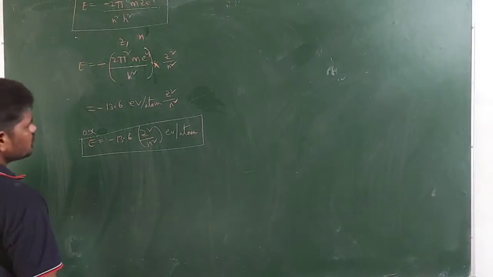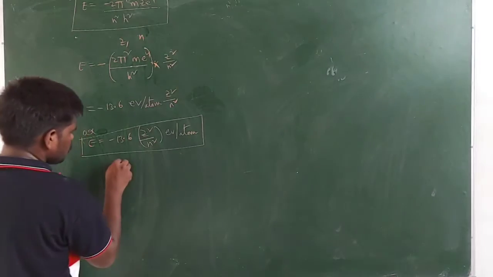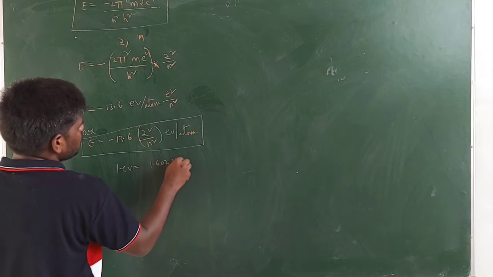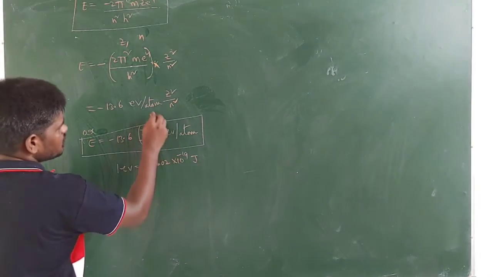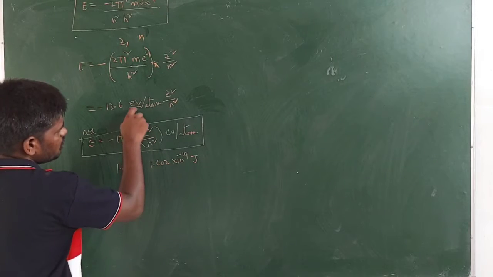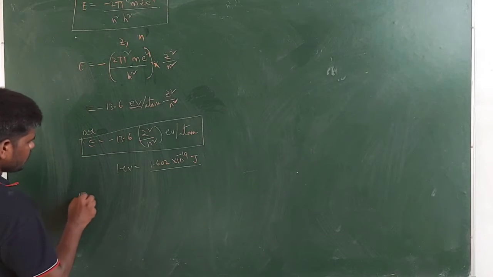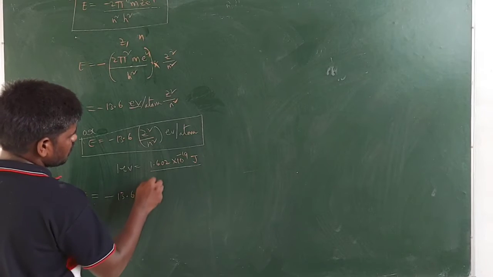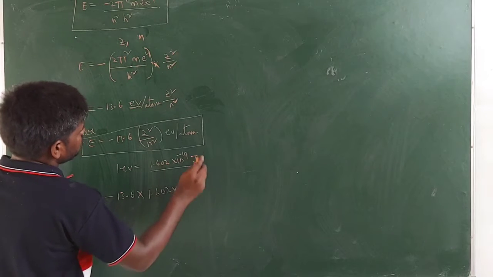Okay, next one, let me express the energy of electron in joule per atom. So now 1 electron volt equals 1.602 into 10 power minus 19 joules. So now, instead of electron volt, we have to substitute this value. Then you can get energy of electron is equal to minus 13.6 into electron volt value 1.602 into 10 power minus 19 joule